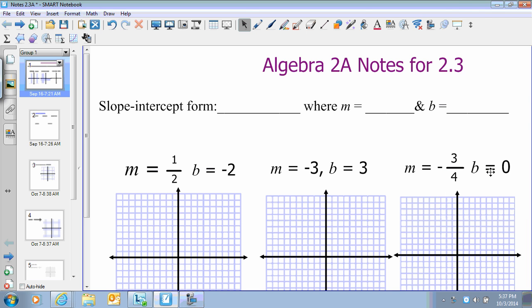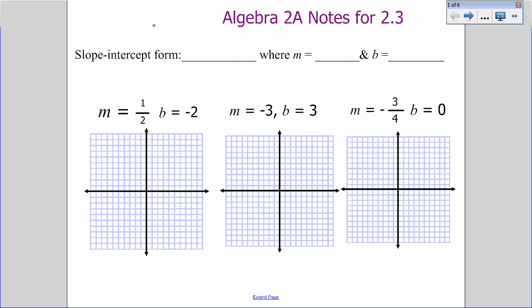Hello, ladies and gentlemen. We're going to take a look at reviewing the beginning part of lesson 2.3, which is going to be quick graphs for lines. We looked in lesson 2.1 at making that table of values of those inputs and outputs for our functions. And so now we're going to look at key characteristics of functions and equations to see how those will help us graph. Slope-intercept form